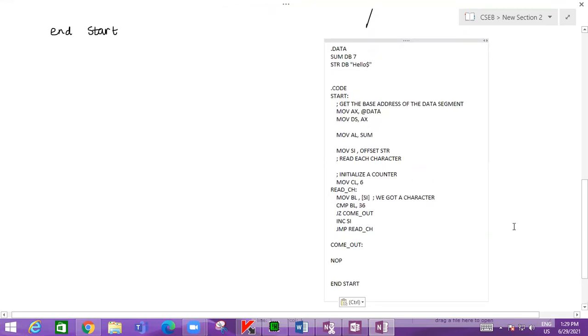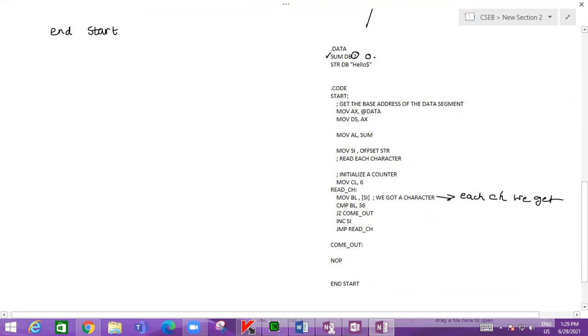So here, we are reading each character. At this point, we are getting each character. So what we have to do is add them, right? Initially, we can make the sum 0. Okay, initially the sum is 0.